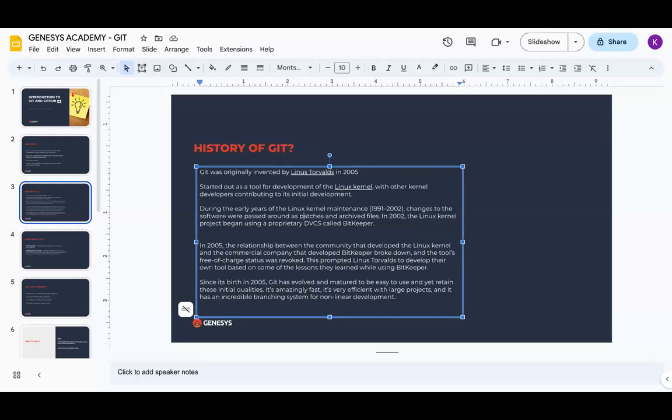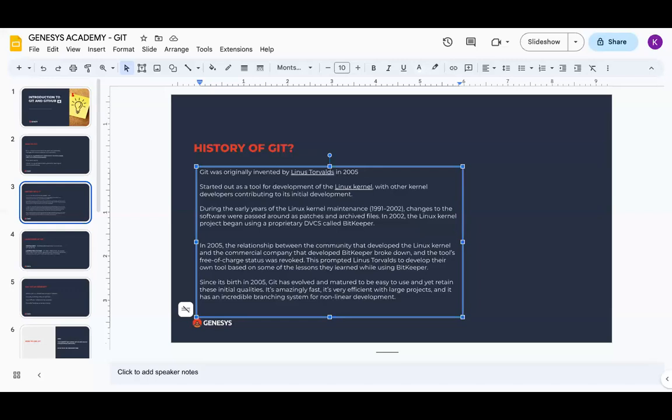Don't worry, I'll go deeper into what distributed systems are later in this class. But just for the sake of talking about how the history of this came up, they wanted to find a way of handling this process without having to do it manually. So the Linux community did some form of collaboration with the BitKeeper guys that allowed them to use distributed systems to work on something